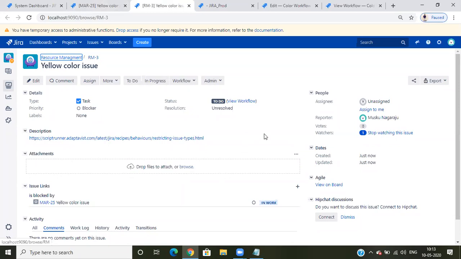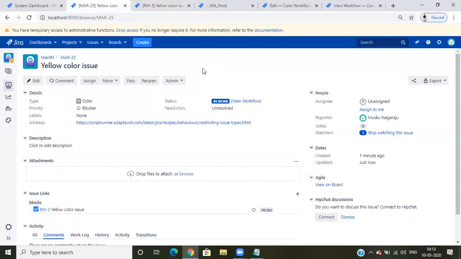See, this linking of tickets is mostly used in organizations. Suppose I have one project, a development project. Once the development is done, the ticket should go to a testing team. Some organizations or project people maintain everything in a single project, like analyze, design, development, testing, UAT, and implement in production. So all these labels they will use for one project only.